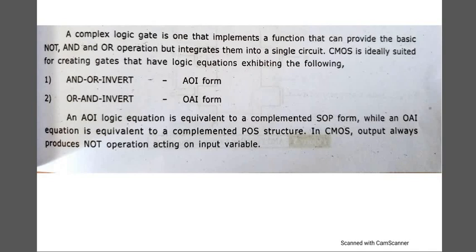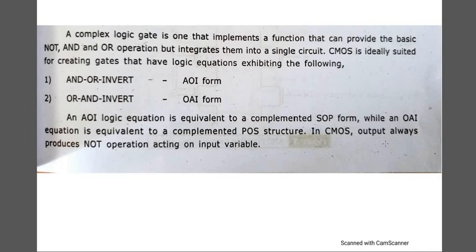So this AOI will be similar to the sum of products. All the products should be done first, then the OR operation. First you are doing AND, meaning the product, then you are doing the sum of those products. While your OAI will be similar to the complement of POS, product of sums. First you do all the sums, the summing operation done by OR, then you do the multiplication or product using AND gates. So it will be equivalent to the POS, the product of sums structure.